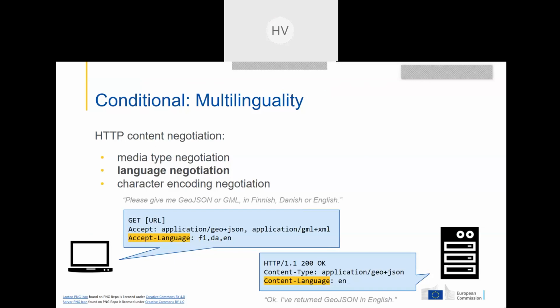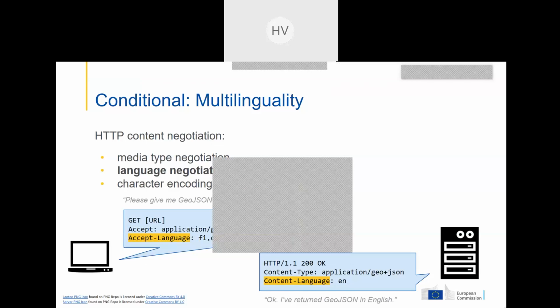It is conditional in the sense that you only have to use it when you actually have data sets that are provided in different languages. Apart from that, it uses standard mechanisms. So it uses HTTP content negotiation, which has, amongst others, a concept called language negotiation. So what you have to do when you want to implement this requirements class is that you need to use the HTTP headers Accept-Language and Content-Language. Next slide, please.